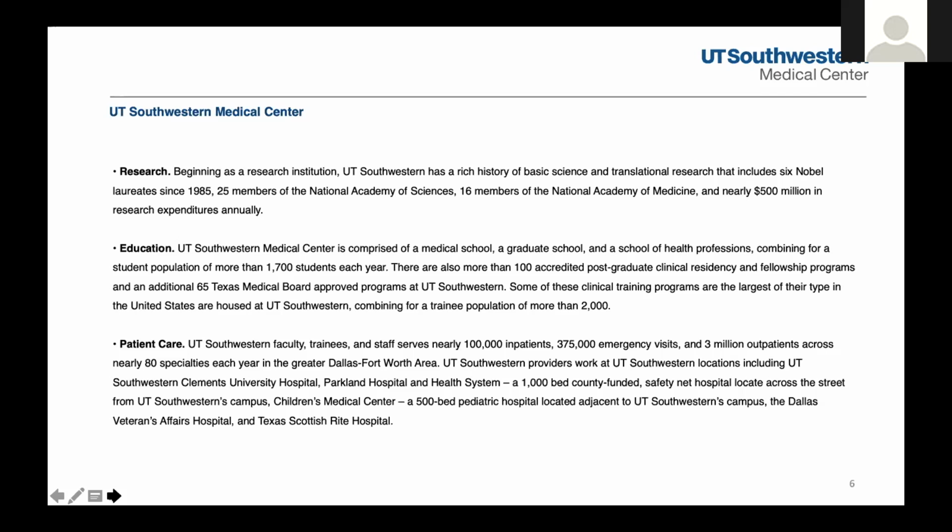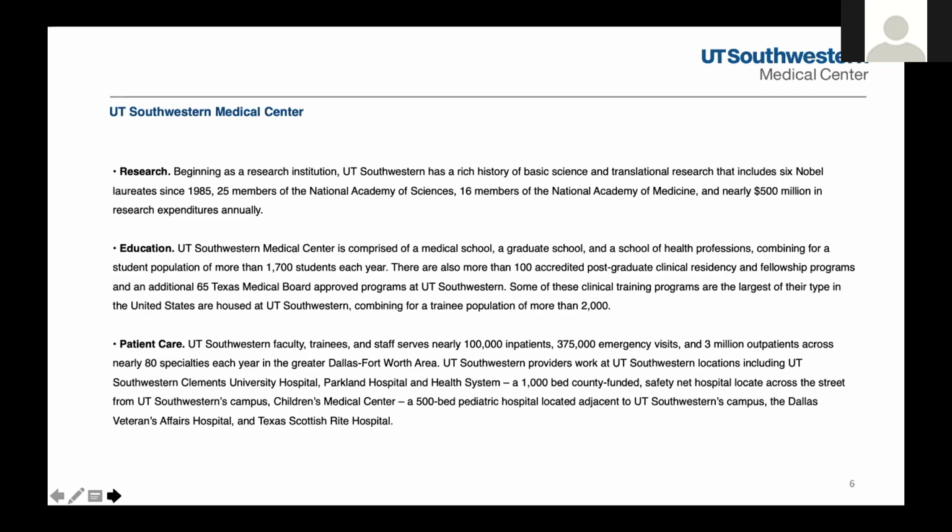UT Southwestern, though, does, and I'll talk a little bit more about this in a second, have hospitals now on campus through a couple of different mechanisms. There are 2 sites for what is now considered one hospital, Clements University Hospital, located on the UT Southwestern campus. It is currently about a 390-bed hospital that is undergoing expansion that will open this fall to make it about a 640-bed hospital that